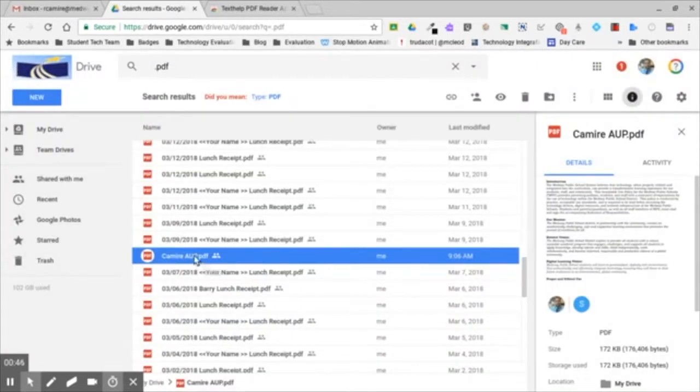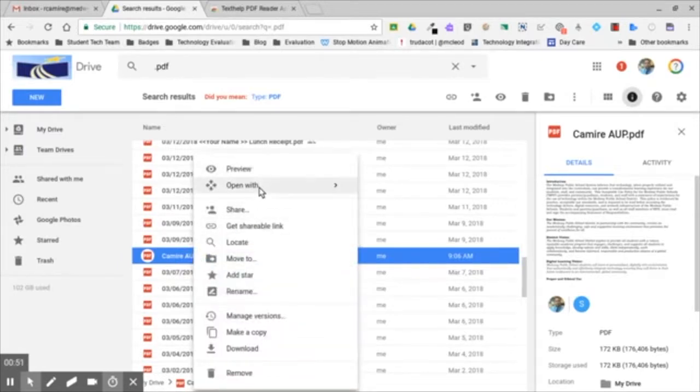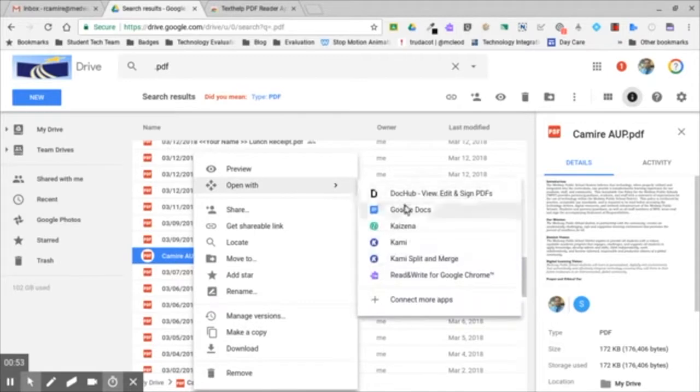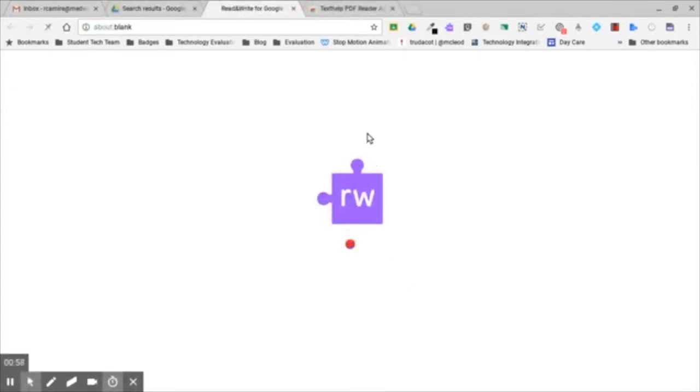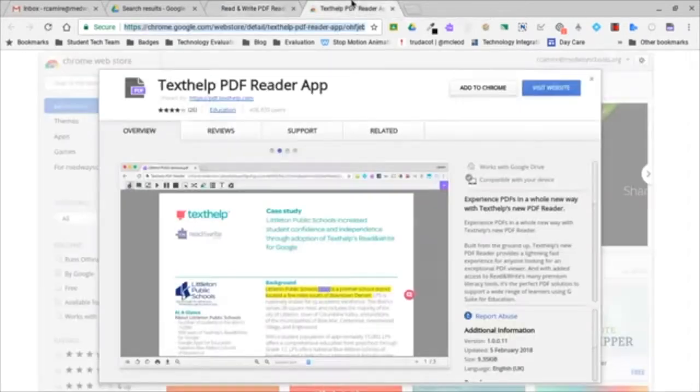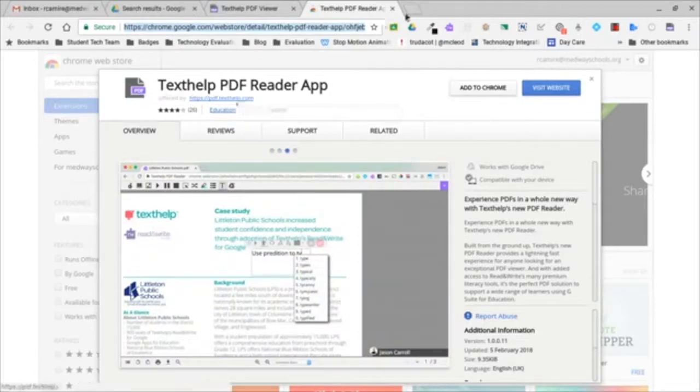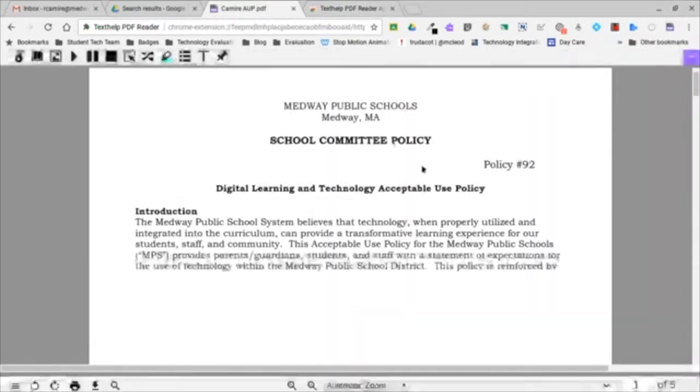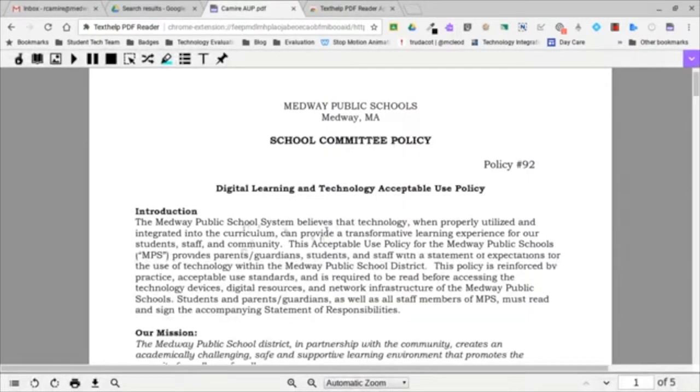what you can do is when you right-click the PDF in your Drive and choose to open with, you can choose to open it with Read and Write for Google Chrome. And if you don't have it already installed, what we'll ask you to do is install the Read and Write PDF reader. So you can go ahead and do that installation, or you can go ahead and just go to the Chrome Web Store and install the TextHelp PDF reader. It will provide this little icon up here in the top right, and you'll know that you have it when you do that. But so I opened this with Read and Write for Google Chrome, and now you can see